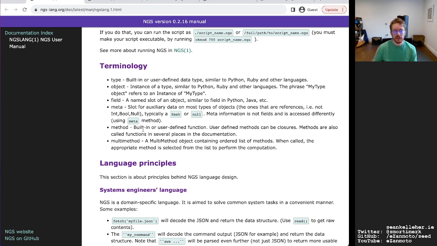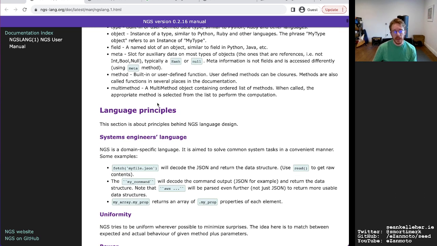Method, built-in or user-defined functions can be closures. Methods are also called functions in several places in the documentation. A multi-method containing an ordered list of methods. When called, the appropriate method is selected from the list to perform the computation, and I guess that's based on the type of presumably the first parameter.